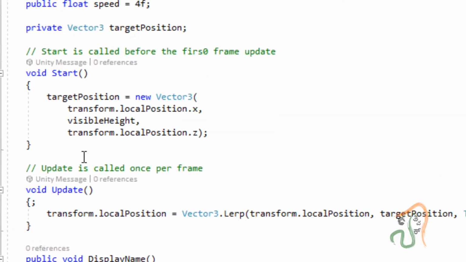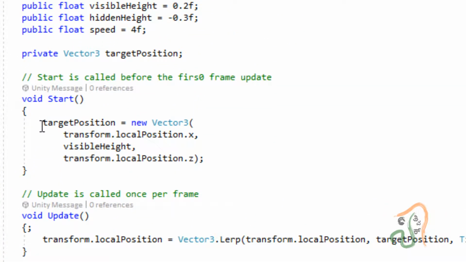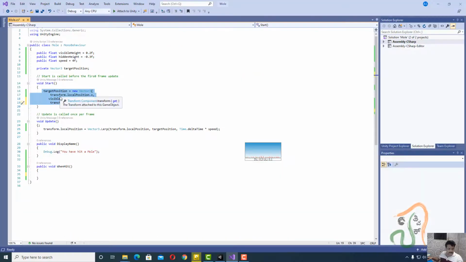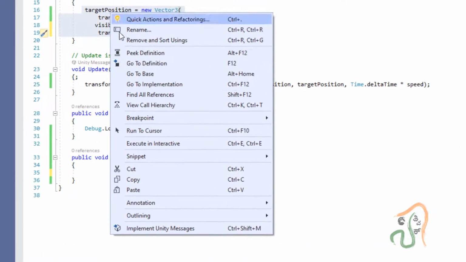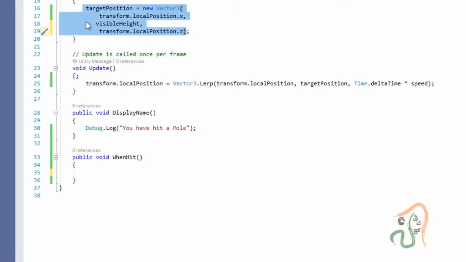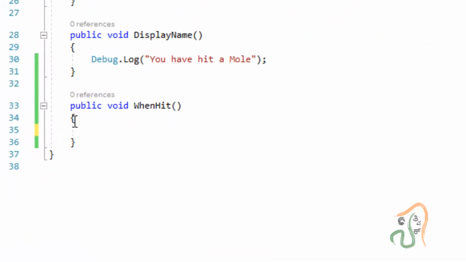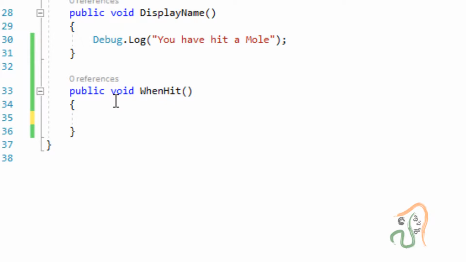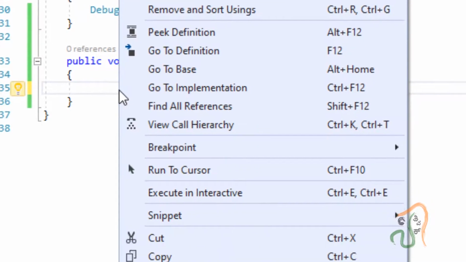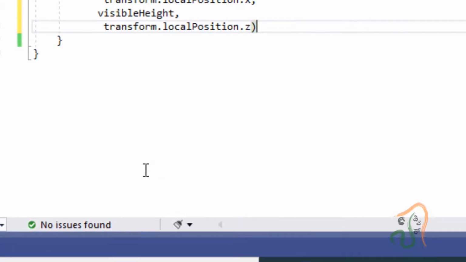Now in Start we had added these 4 lines, that is target position, new Vector3, is equal to. So let us select these lines. In Start, right click and choose copy. After you copy it, come here to the public void WhenHit, that is, come to this new method that we have declared here. Right click and choose paste.